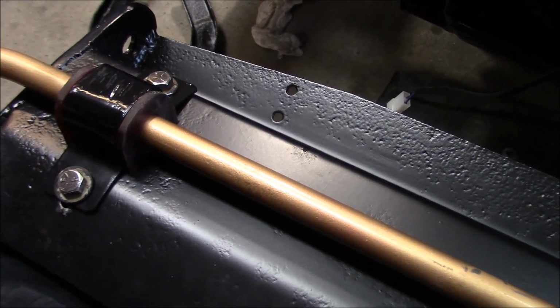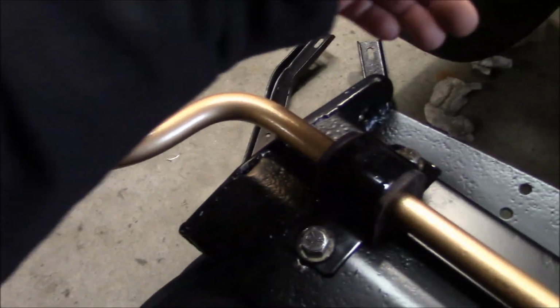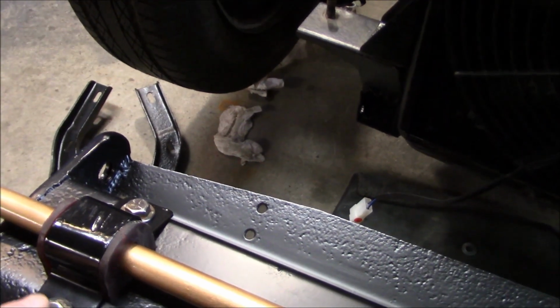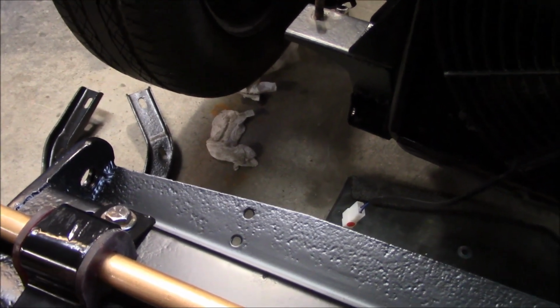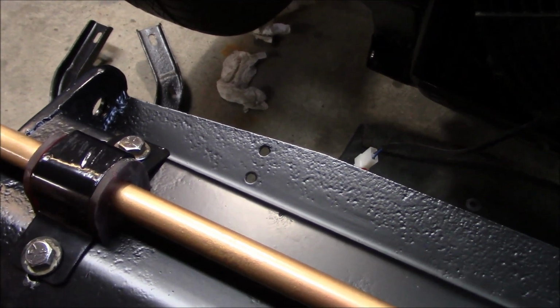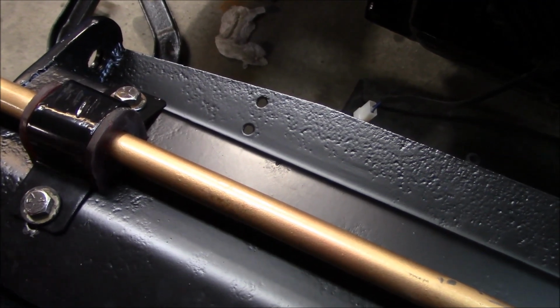Now as far as the location is concerned, with the sway bar, the end link mounts were way too far back on the lower control arms for some reason, so I've got to figure out what is going on there. So the first thing I'm going to do is take the sway bar off the bottom of this radiator protection shield,